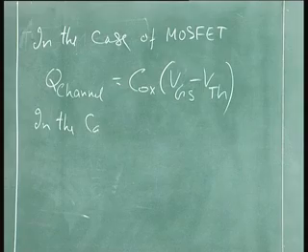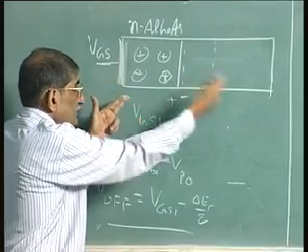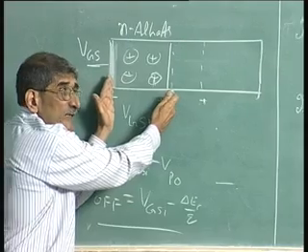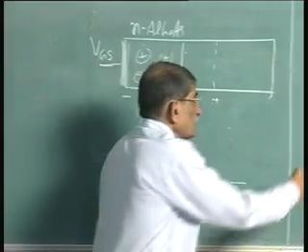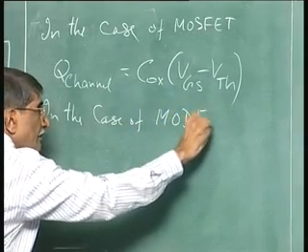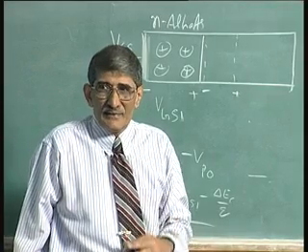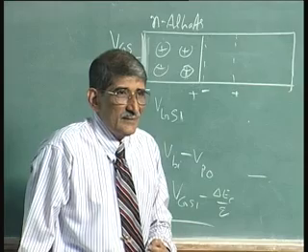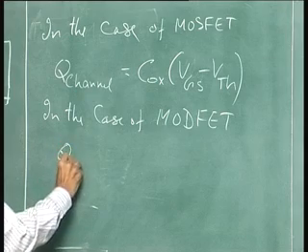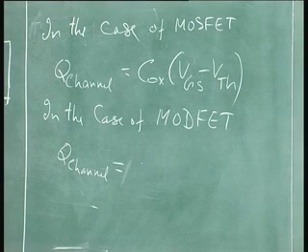Same way here, instead of C oxide you have got the capacitance of this 2DEG layer, which you can call CS, like in the case of MOSFET. Just notice the only difference between the two: one is MOSFET, the other one is MODFET, because of modulation doping. Q channel is, instead of C oxide, you will have